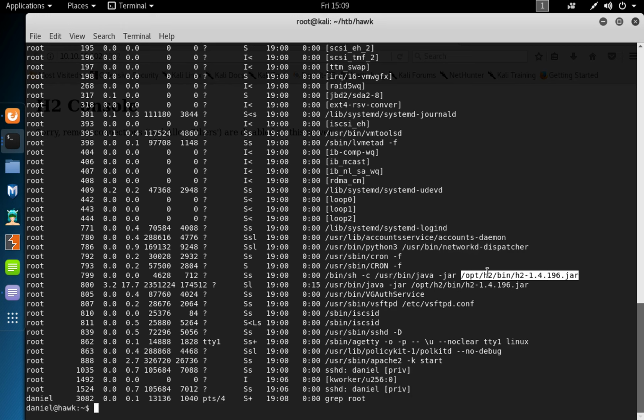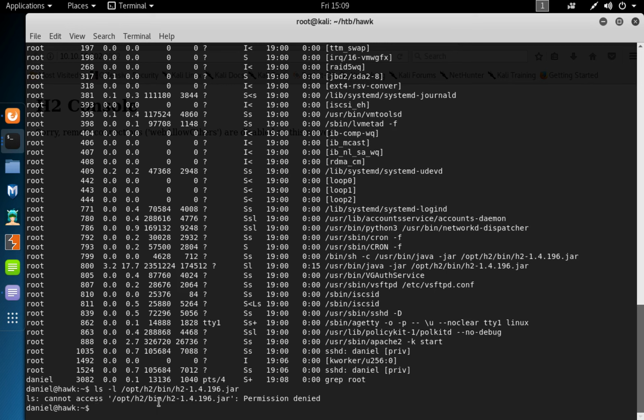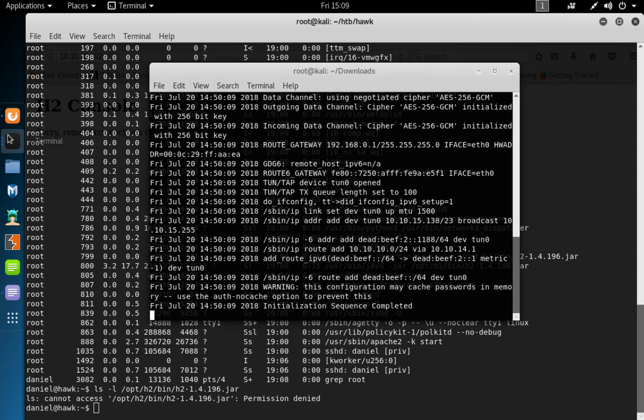If we try to list -l, we'll get a permission denied to this file. Okay, so we don't have access. So my first thought was, then we could do SSH tunneling in order to get to that port and then forward the port to our local port. So the command for that,